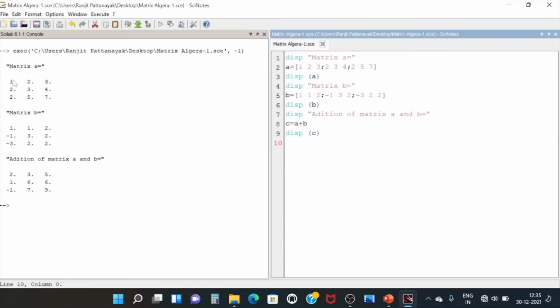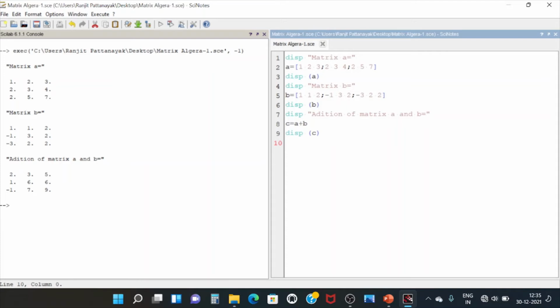You can see the first numbers of the matrices A and B are added up. 1 plus 1 is 2, here 2 plus 1 is 3, and 3 plus 2 is 5, and here 2 plus minus 1, that means 2 minus 1 is 1, and 3 is 6, 4, 2 is 6, and 2 minus 3 is minus 1, 5 to 7, 7 to 9. So here we found the addition of matrix A and B.